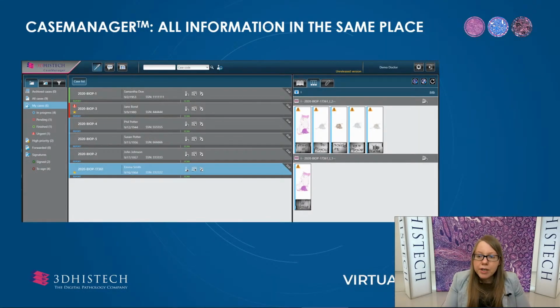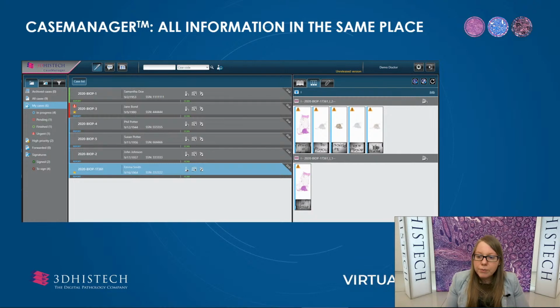The Case Manager can provide great help to get access to all necessary information. It is a web-based application for the pathologist. It offers an easy-to-use case and patient management system, starting from the digitalization through the pathologist assignment and primary inspection to diagnosis. The software can collect the pathologist's cases and display the patient's history and the sample information and stages of the